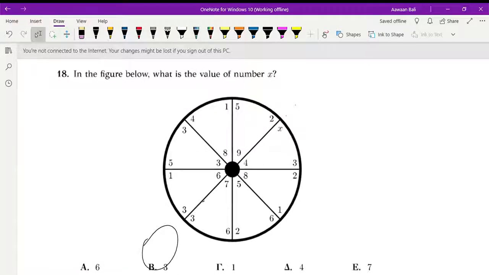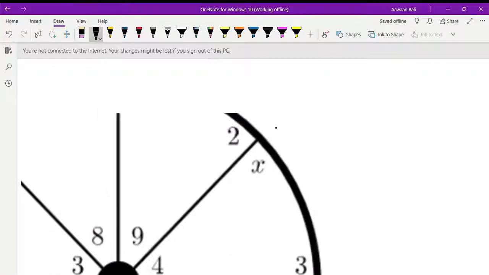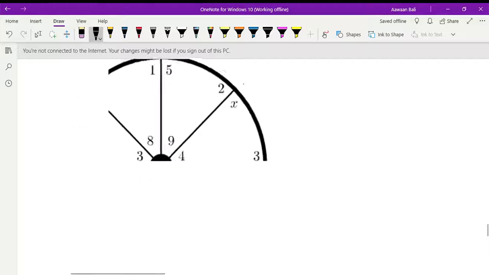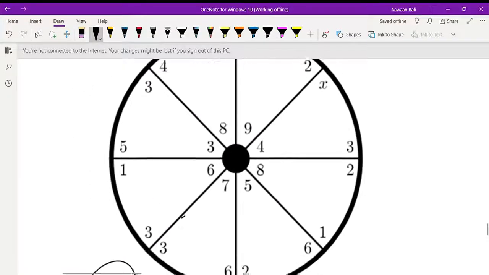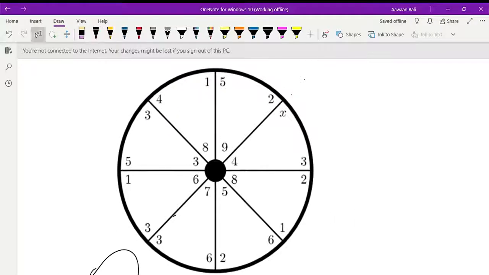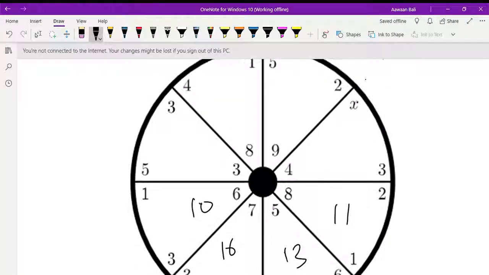In the figure below, what is the value of the number x? Now, if you can see, x is here in this corner of what looks like a piece of a pizza. When you look, there has to be a pattern to all of these. In this case, the pattern is adding the sum of all of them together, because here, these are the sums. But if you look, and if you do the other side,